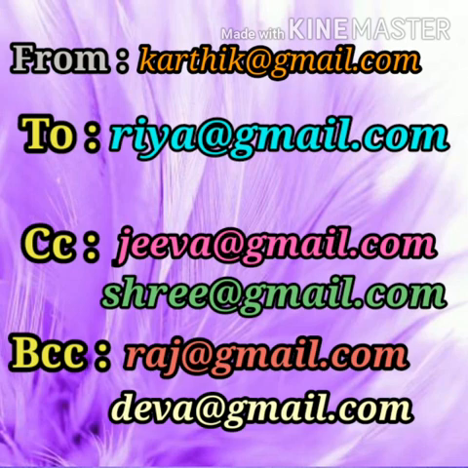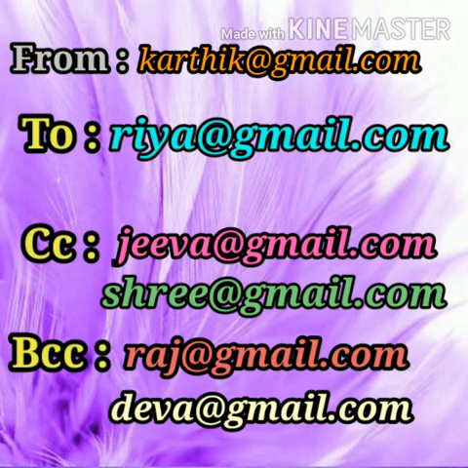Ria can also see that the same message was received by Jiva and Sri, whose addresses are mentioned in CC. Same with the persons whose IDs are mentioned in CC. For example, Jiva also can identify that the message sent by Karthik is also received by Ria and Sri. The same with Sri also. Sri can identify the same message received by Jiva and Ria. But these 3 persons can't see these 2 persons, Raj and Deva, who are in BCC. So the mail IDs included in blind carbon copy are invisible to others.